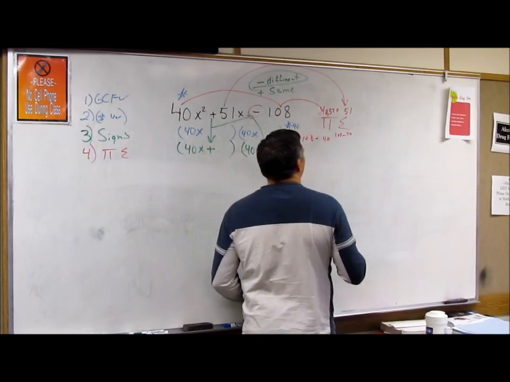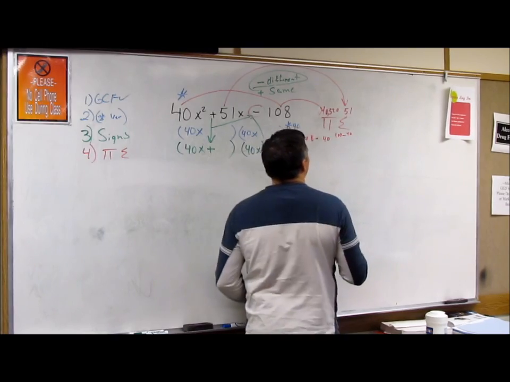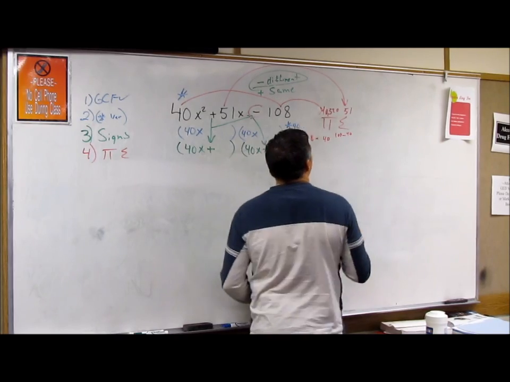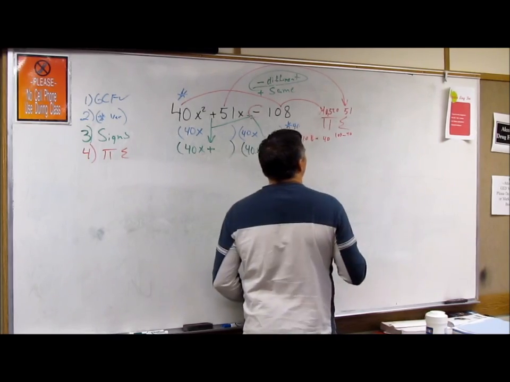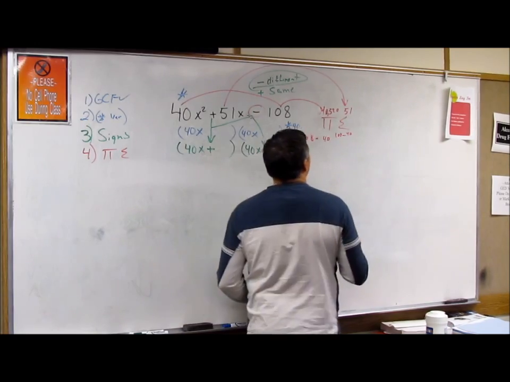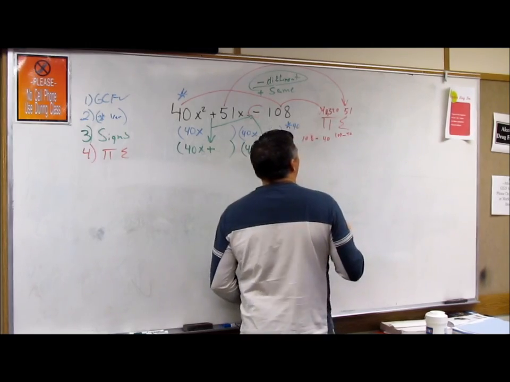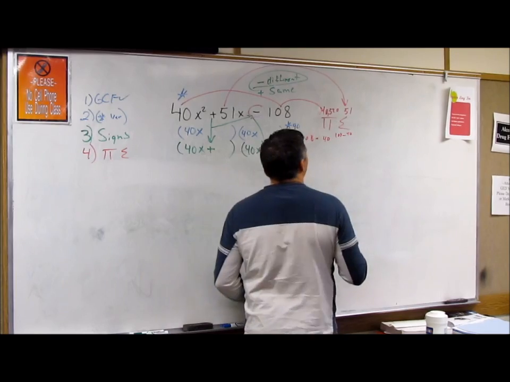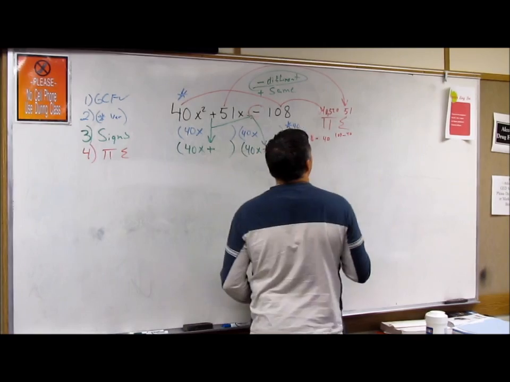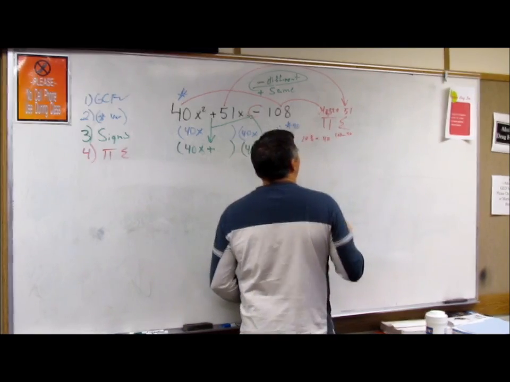So 40, but it still gives us our prime thing, which is 108 minus 40, and I still get the 68. So now I'm going to do 4,320 divided by 50, and it's going to give me an 86 point something. So I'm going to try 4,320 divided by 60, and I get 72. So 72